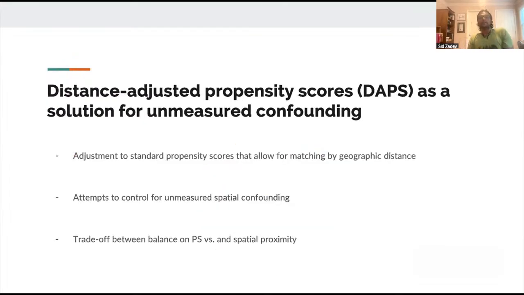All right, and so distance adjusted propensity scores can be a good solution for dealing with the problem of unmeasured confounding. What we are doing here is adjusting using the standard propensity scores,